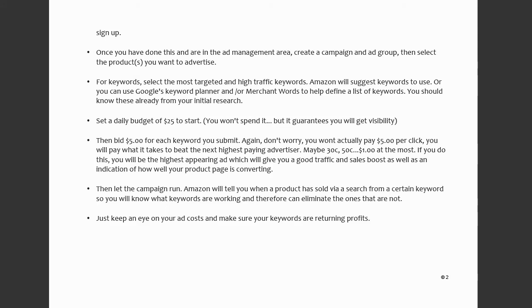And therefore, when you know what keywords are converting and what are not, then you can obviously delete the ones which aren't converting and try some additional keywords until you have a sort of set of 5 or 10 keywords which convert very, very well for your particular product. So you just need to keep an eye on your costs, sort of check it every day, just check that your keywords are returning profits,